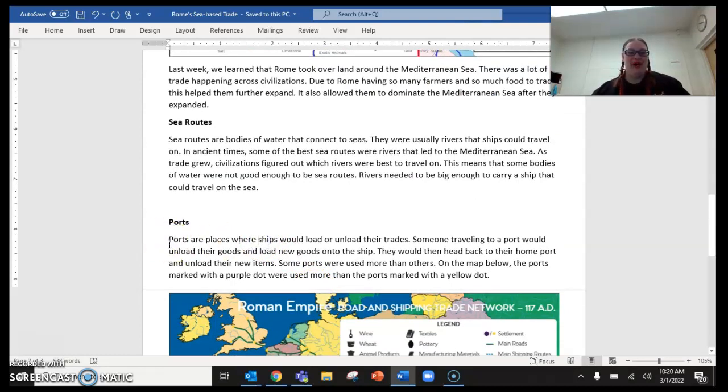Welcome back. Ports are places where ships would load or unload their trades. Someone traveling to a port would unload their goods and load new goods onto the ship. They would then head back to their home port and unload their new items. Some ports were used more than others. On the map below, the ports marked with a purple dot were used more than the ports marked with a